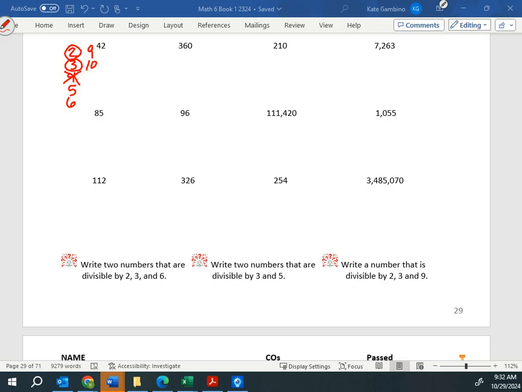Is 42 divisible by 5? Why not, James? Because it's an odd number. Because it doesn't end in a 5 or 0, right? Is 42 divisible by 6? Sophie? Yes. Why? Because